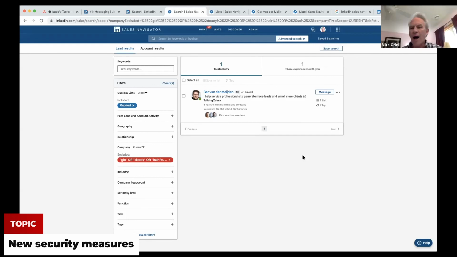Yeah, for a few months now, LinkedIn, when you are making a new profile, asks for your telephone number. You have to enter your telephone number. Before, you could enter the same telephone number for several accounts, and now it states that the telephone number is already used. So you cannot make another profile with the same telephone number. Wow. Can you remove the phone number from the profile, give it a week, and then reuse it?